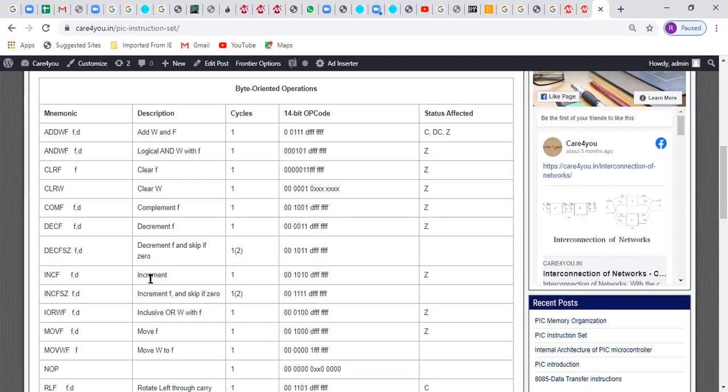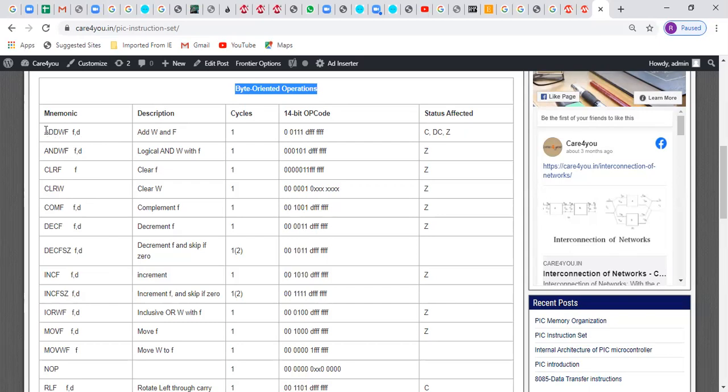And since the kind of architecture is a RISC, reduced instruction set architecture, the total number of instructions is also reduced. Only 35 instructions are supported in the PIC microcontroller. What these 35 instructions are, I have listed them here. First classification is based on the byte operation. Look at the instruction. You may not be familiar with it, but try to understand.